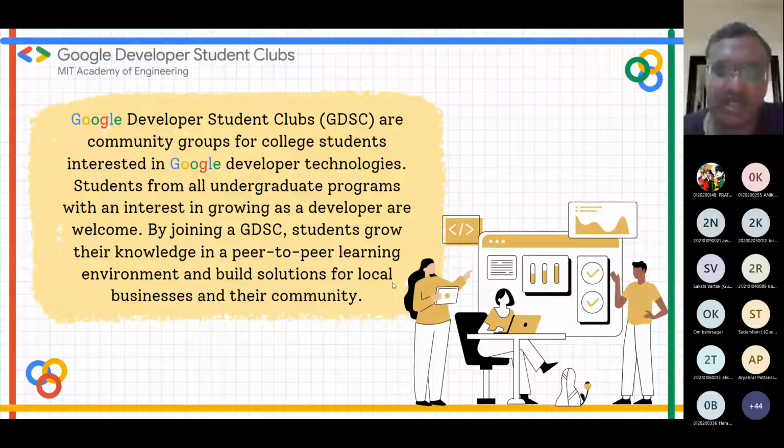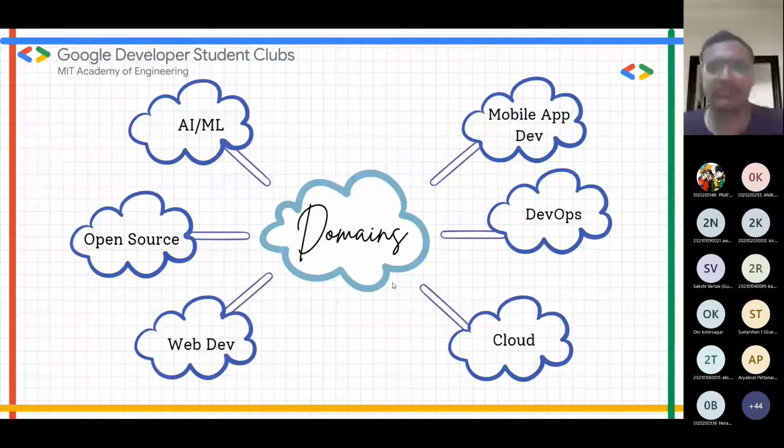As you know, a year ago we were facing the pandemic situation. At that time everything was online. We learned that if we are connected to someone, we get to know so many things from them. That is why GDSC was started, where all the students and developers come together, make solutions to problems, and start learning by teaching. So this is all about GDSC, and this is our domain. Now I would like to call Aniket to deal with these domains.